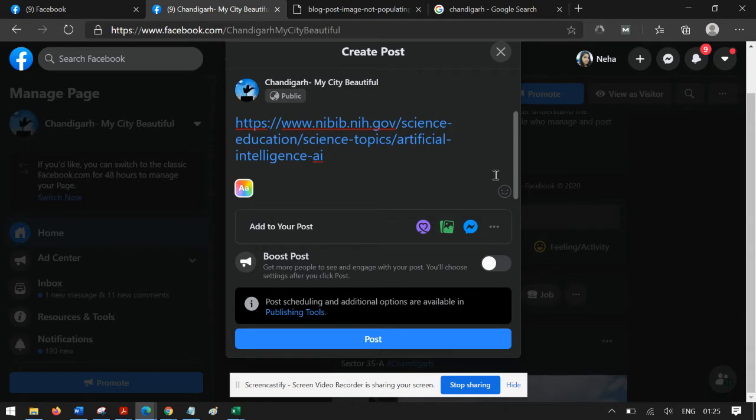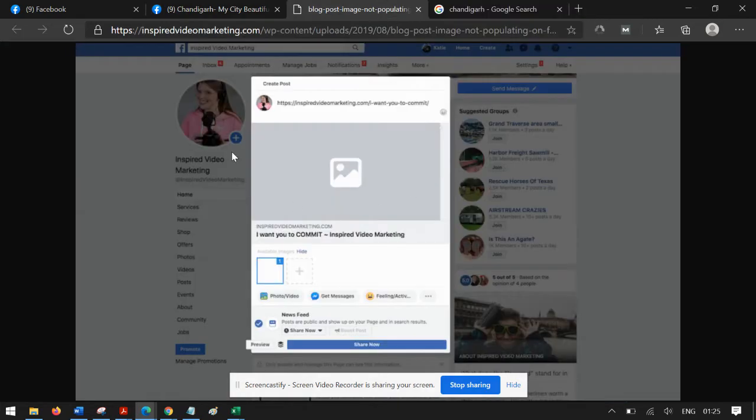And you might be wondering, how do I fix that up? So there are two issues. One is when you are not getting any information altogether when you are posting this URL, and it stays like this. And it could be another scenario where you could see something like this, where the image is not appearing but the rest of the information like the URL and the title is coming in. Now, how do we solve that?